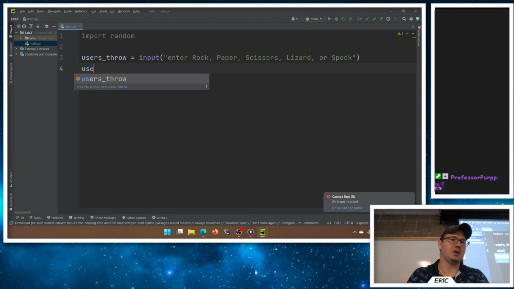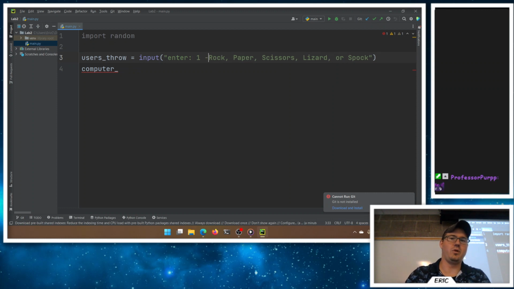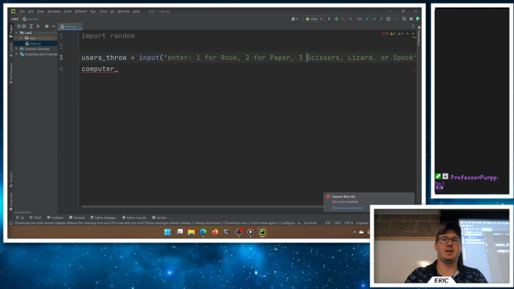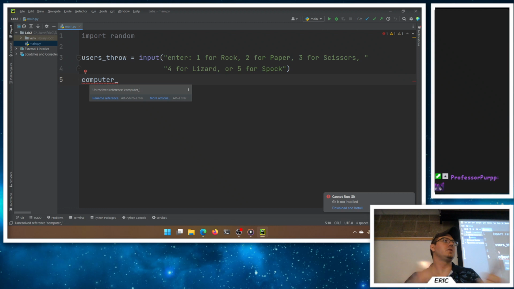So we'll have the computer. If we do a number, we can then assign it to a string, right? Or if we wanted to, it might actually be easier here. You might tell the user, hey, let's enter 1 for rock, 2 for paper, 3 for scissors, and on and on, right? Going this sort of way. 4 for lizard, and then we bump this down a line here because it's getting long. Or 5 for Spock. And then I can have the computer be a number and the user be a number,